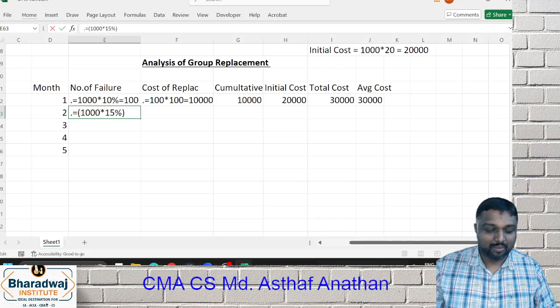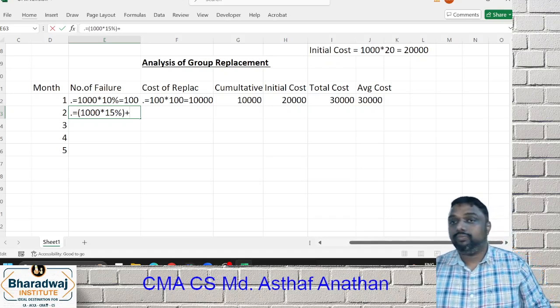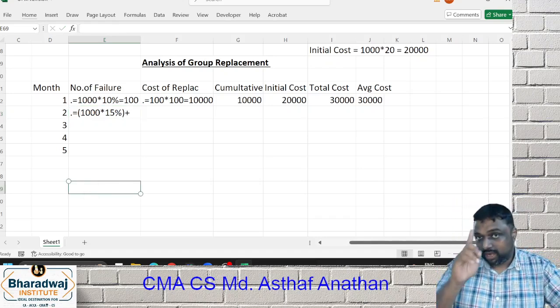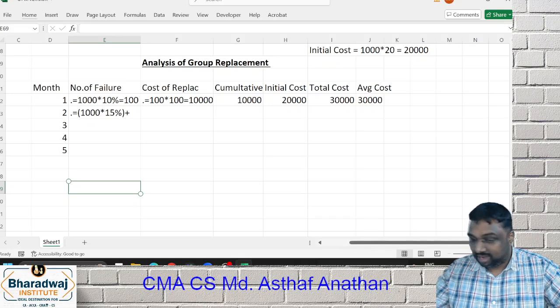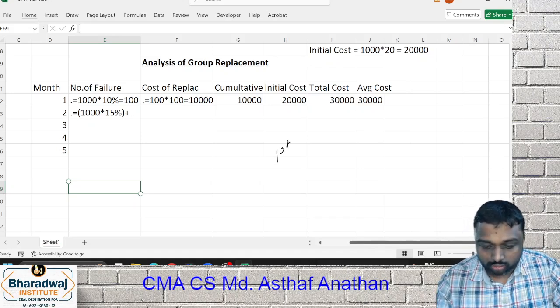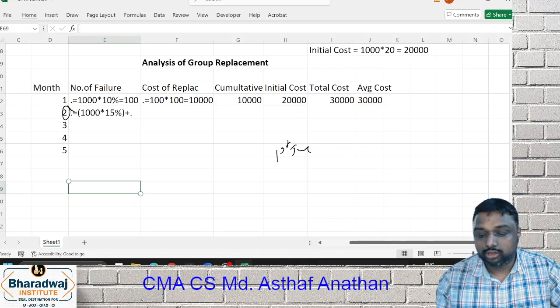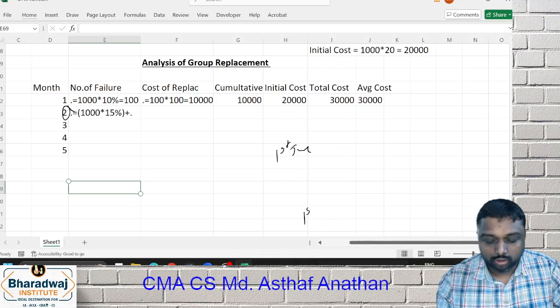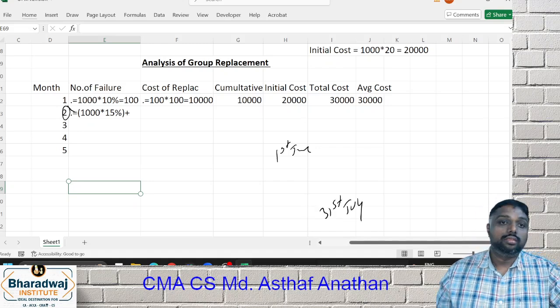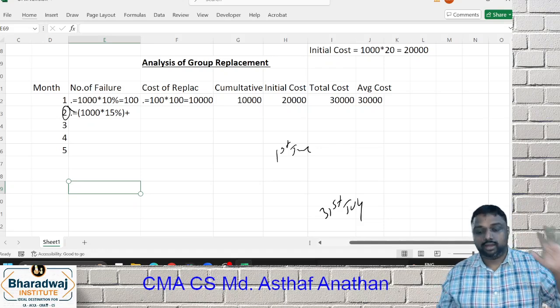What will happen? 150. Now, one important point I will tell you. With this, the topic is over. See, now you are changing, and this is one important topic, this concept, for sure. 1st June, now you started. Now you think every 2 months. If you are thinking every 2 months, you will replace only on 1st August, correct? Or else we will make it 31st July only. You will replace only on 31st July.